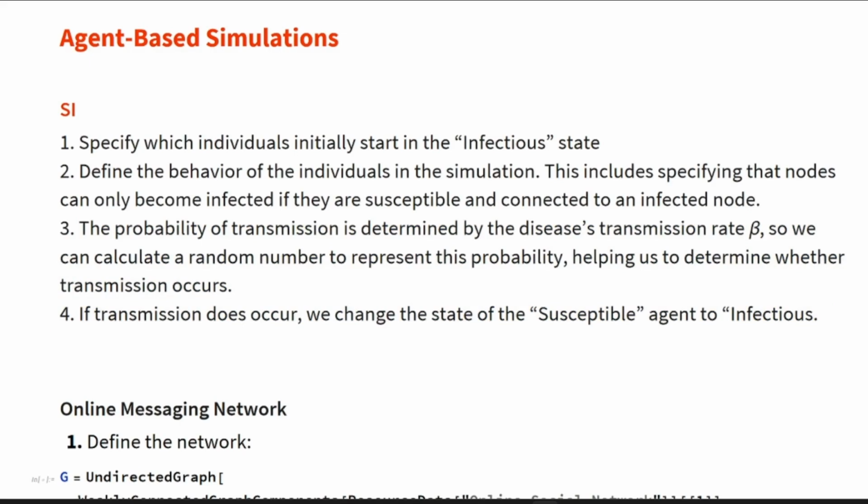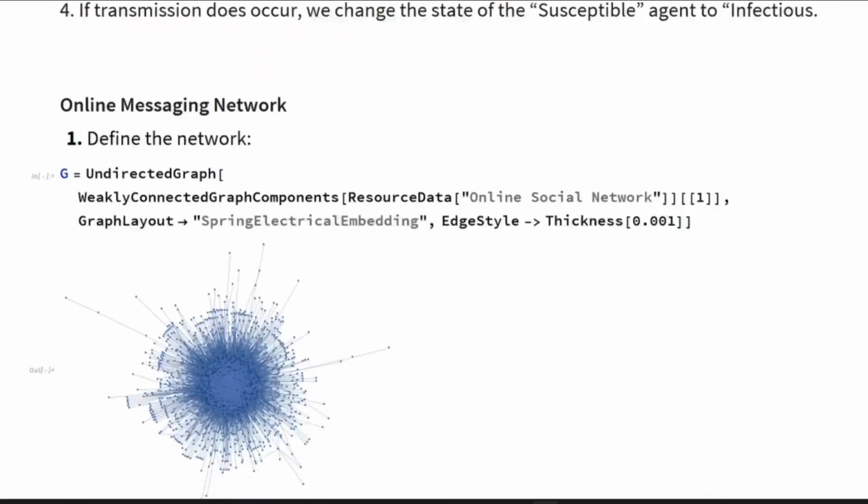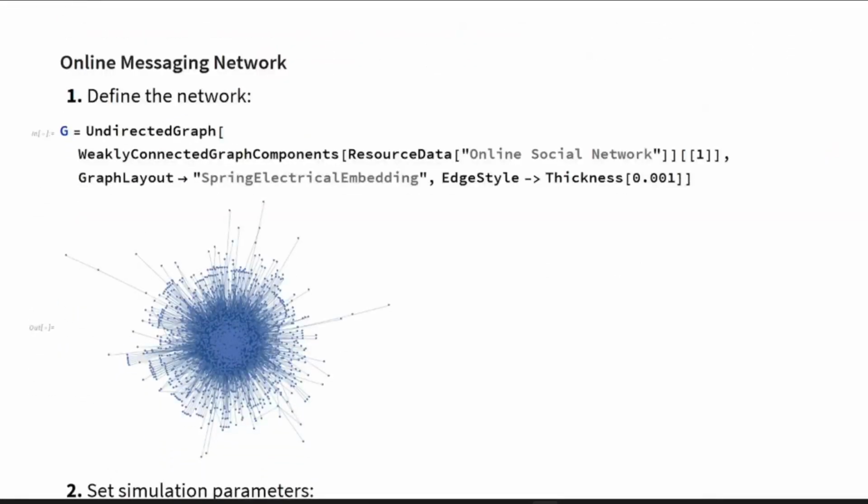For example, consider the online messaging network where the vertices represent individuals and the connections are established by the online messages they send to each other, so if an individual is connected to another individual, it means that they have shared a message. Now, if we imagine that one of those messages contains a virus, anyone who opens it has a probability of getting the virus on their computer, and once they get the virus, every message they send will also be sent with the virus.